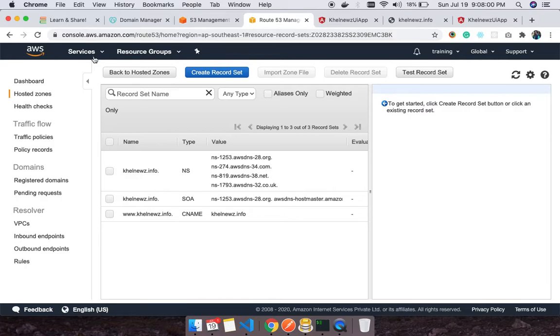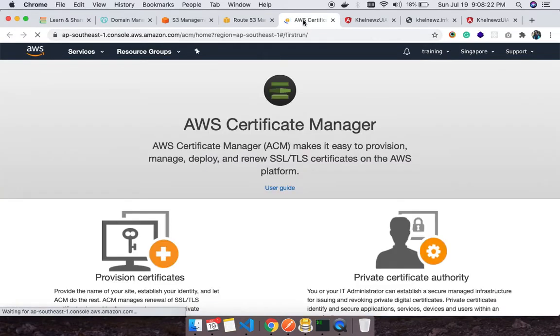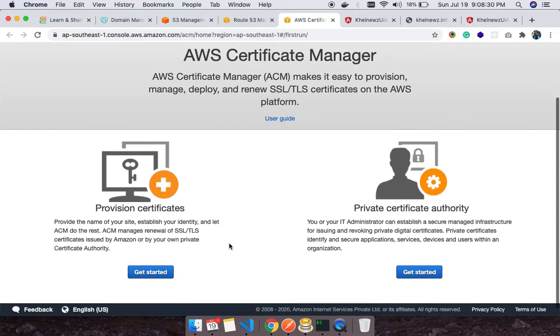So when we look for this one, Certificate Manager, sorry, my bad, Certificate Manager, right? Here we have to request a certificate. We have two options here. One is private certificate authority, and the other one is provision certificates.